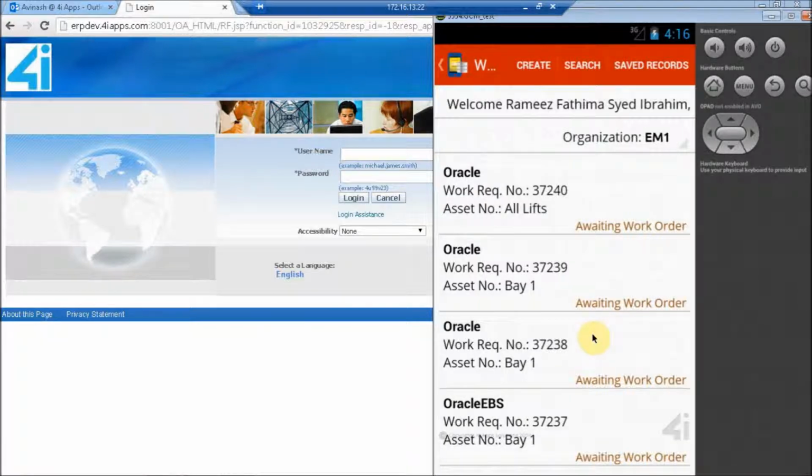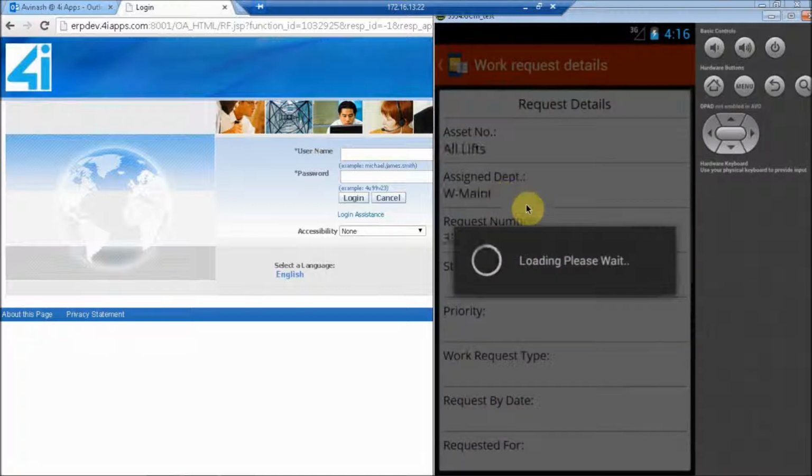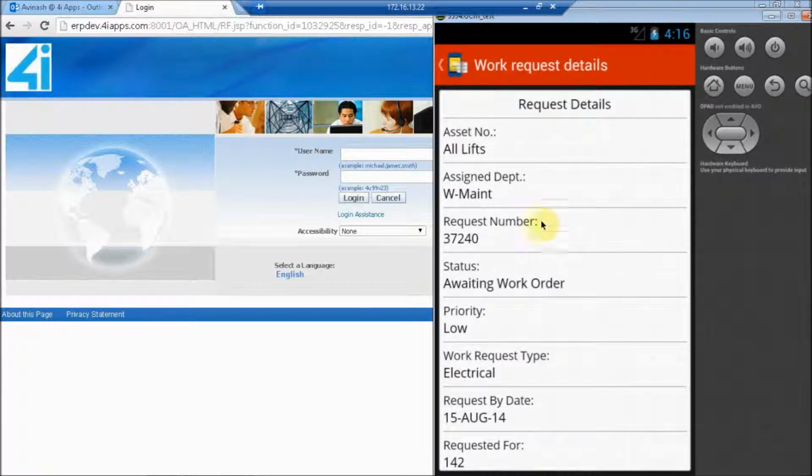You can see the previous work requests and their status here. Now you can select one of the work requests and look into the work request details. All this information is coming from your Oracle EBS through web services.